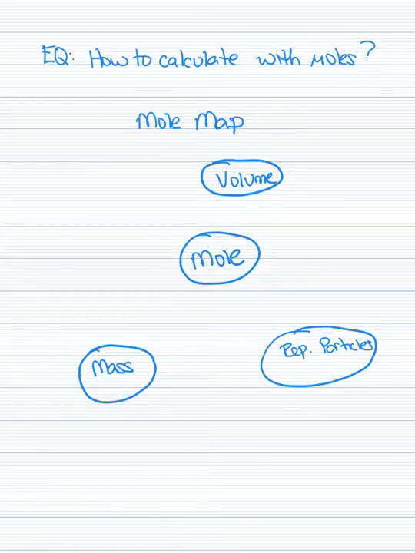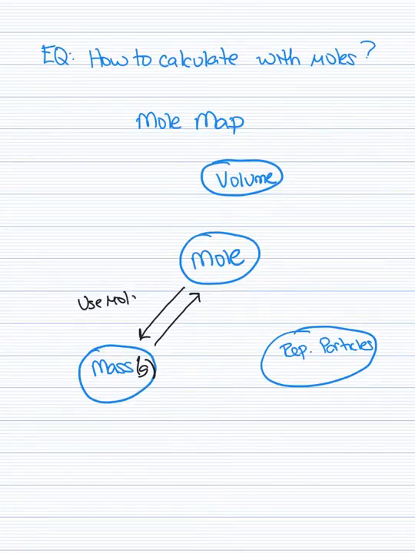Mass is measured in grams, and in order to get to mass or from mass to moles, you are going to use the molar mass. And the molar mass comes from the periodic table. If you are looking to go to volume, volume is measured in liters. And if you wanted to go from moles to volume or from volume to moles, you are going to use